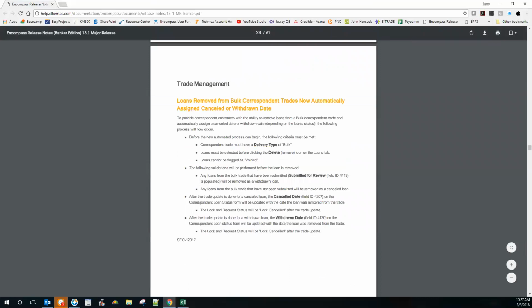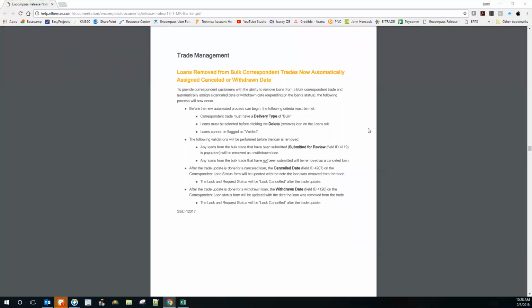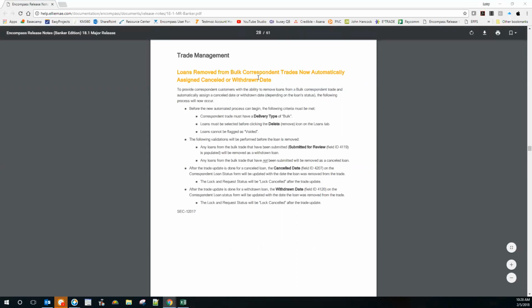If you're getting into trade management, then you'll want to take just a few minutes to read about this. Trade management was created to basically utilize the Encompass SDK to automatically update loans without having to go in them. For those companies that have been using trade management, there's always been a few things on the wish list. If you assign a loan to a trade and then you pull it out, there's always been this issue of tracking. So 18.1 now assigns that canceled or withdrawn date